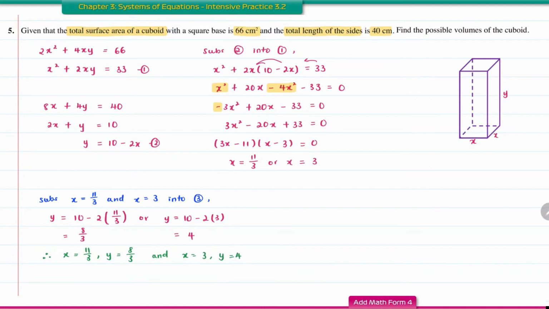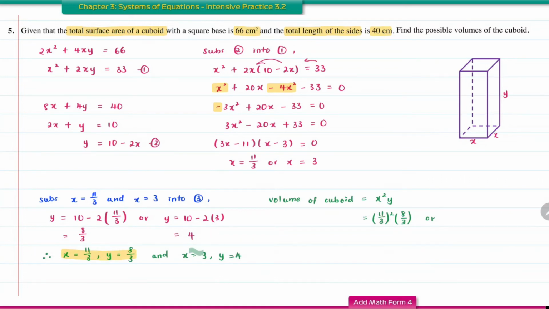So now we want to find the possible volume of the cuboid. To find the volume of the cuboid, we're going to multiply the length with the width and the height. Therefore, it's going to be x times x, which is x squared, multiplied by y. So x squared y. So now we're going to substitute first using the first pair of answers here. So the x is 11 over 3 squared multiplied by the y, which is 8 over 3, or the other possible value of the volume of the cuboid will be,